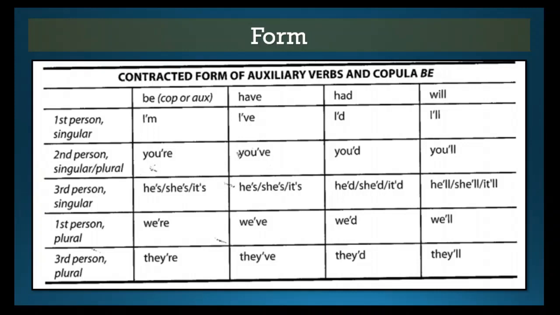The contraction of will not, won't, would likewise be considered a contraction. So kindly consider this table, so that everyone is familiar with how the different copular verbs are contracted. Copular verb pertaining to the